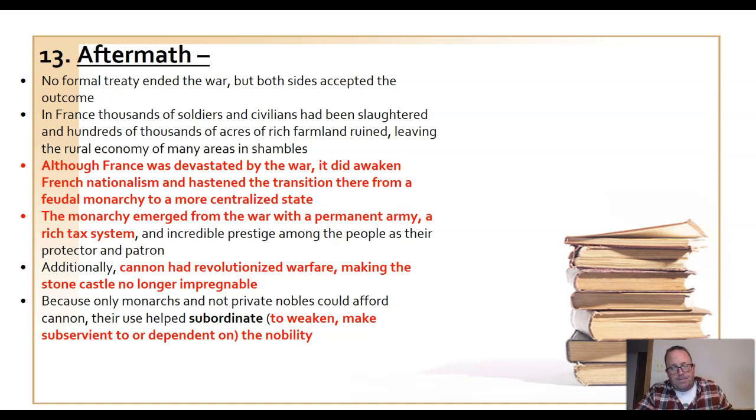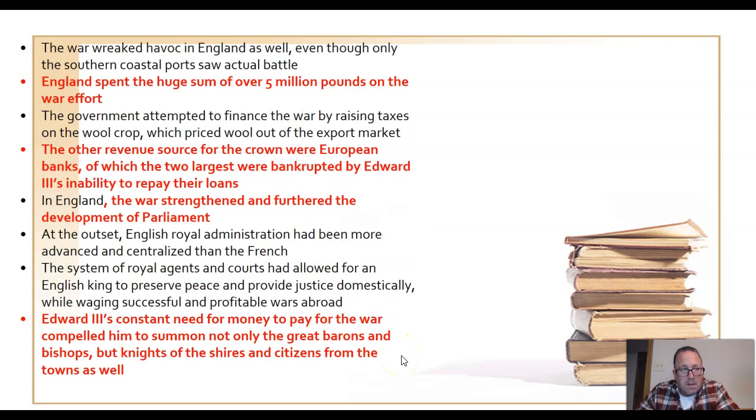So that was one of the biggest changes that takes place in France, that from this point forward, we're going to see a period of time where the French monarch begins to consolidate his power so that their nobles are subordinated. They become subordinate to the monarch. Got that? All right. England, on the other hand,